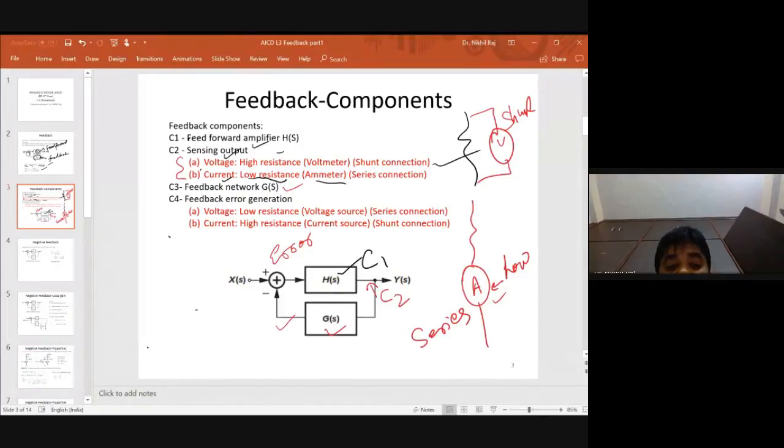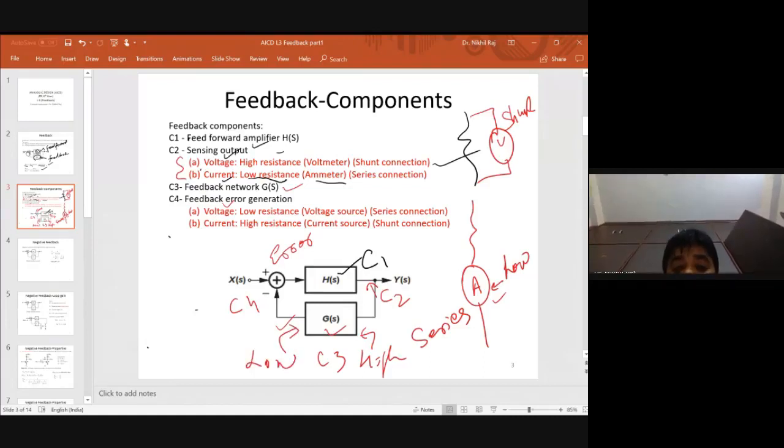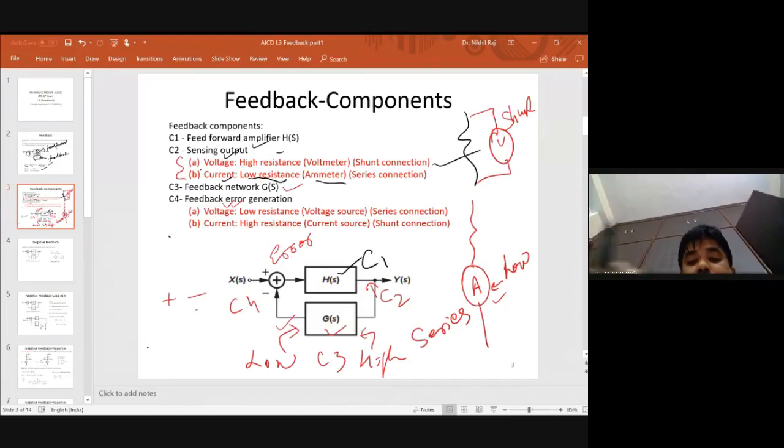Okay, so feedback error generation is your C4 part and this is your C3 part. So whenever we do see a feedback error generation, if I am giving the input from the output of the feedback as a voltage, then it means a low resistance will come. Okay, low resistance it will show. This means here if it is high resistance, if it is a voltage case, then here it will be a low resistance path, because if we are giving voltage as the output from the feedback network, there it will act as a series connection. Okay, because whenever we want to do plus or minus, the voltage we have to give in the series form, not in the parallel form.